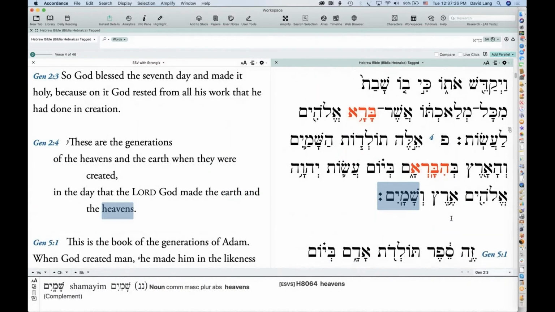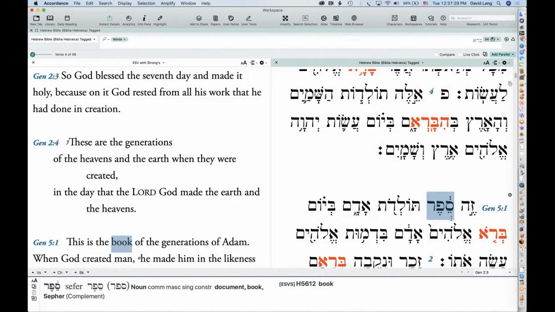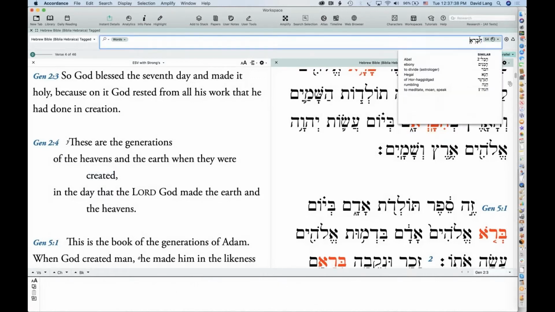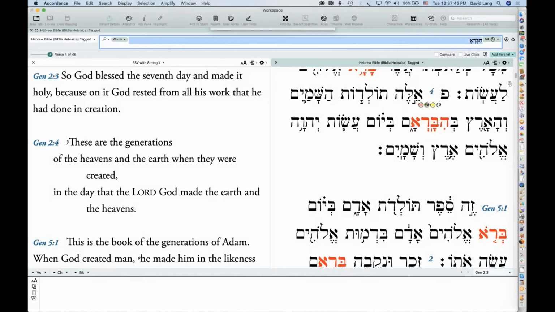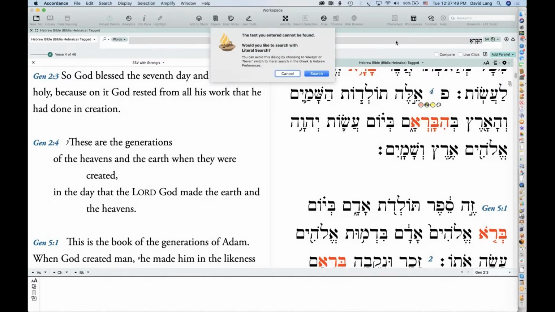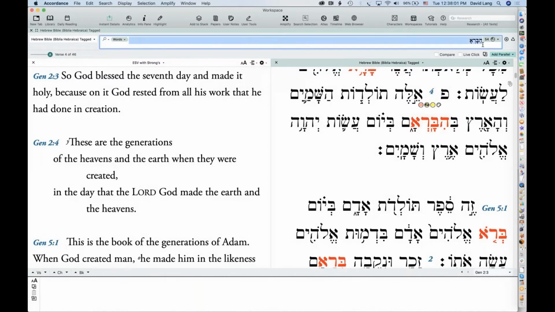Okay, so if I want to find a particular inflected form, how do I do that? Let's say I want to find Hivra. All right, so I'm going to copy that and paste it in here. Well, if I just hit return, let's see what it does. It's going to tell me that it doesn't recognize that lexical form, and it's actually going to give me a way to go to a literal search, which would actually work, but I'm going to say no. So it's saying I don't recognize what that lexical form is because it's expecting this to be a lexical form.